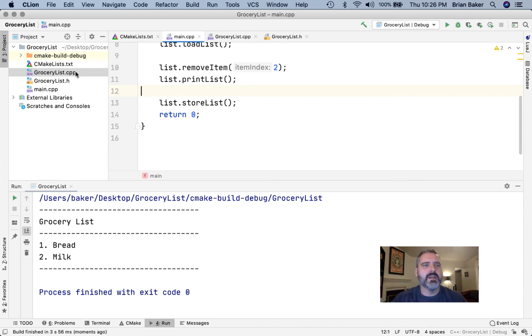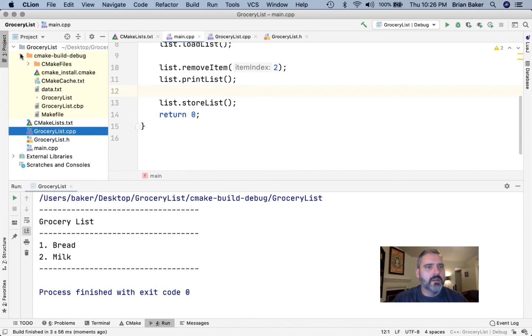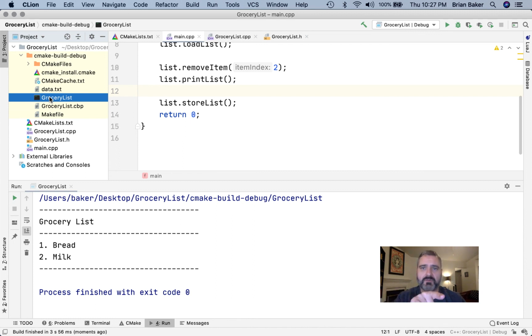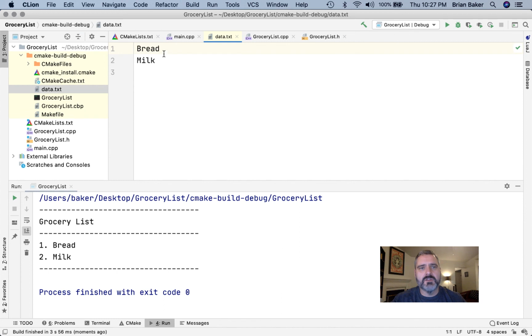And because I want you to see where this is, you'll notice here in CLion, I can open up my files here, and this is where my grocerylist.exe lives. You could actually go to your file system and find that as well. But here is data.txt. And if I open it up, it's just a text file. In fact, if I were to add something here, cookies,